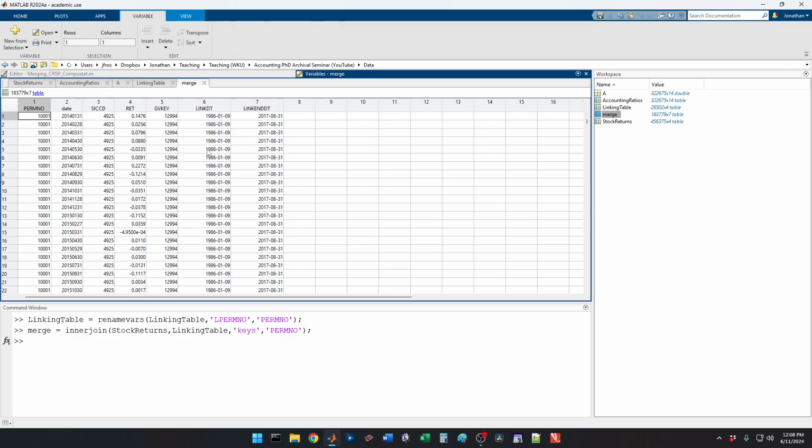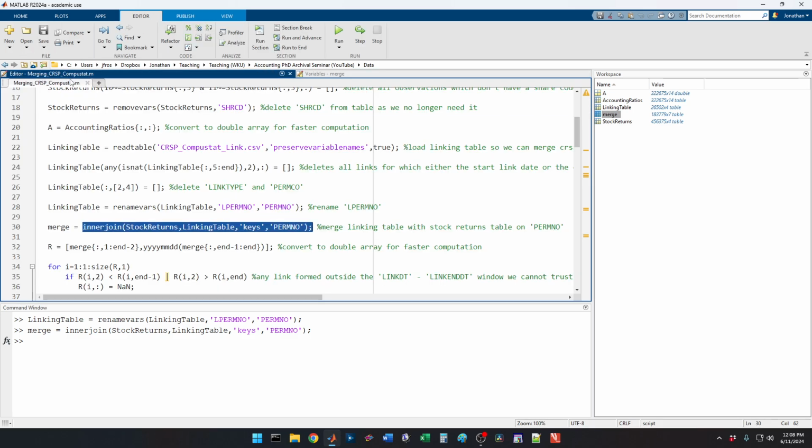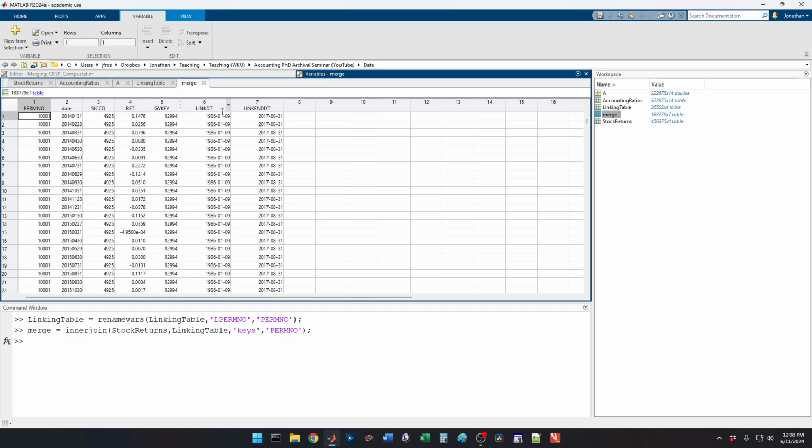I'm going to put the GV key in column 2 of R. So we'll have permno, GV key, date, SIC, regular return. And then these two columns here, the link start date and the link end date, I have to convert to a double array. So that's what the YYYYMMDD does, because if you look at these variables, they are